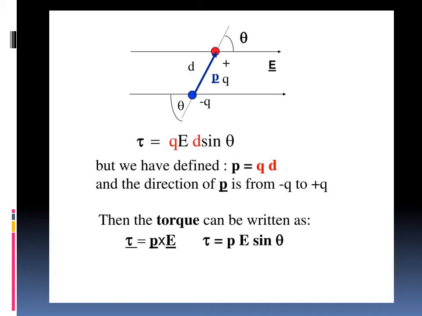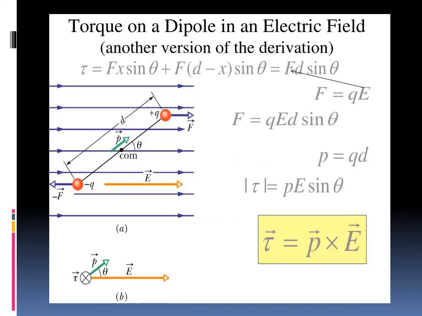Then the torque can be written as P, these red quantities, and this is E, and E sine of theta will give you P cross E. As we want to show the direction, we can put over here n cap. N cap is your unit vector, and if we are talking about the magnitude over here and put the value of n cap as 1, then tau is equal to P cross E for the direction.